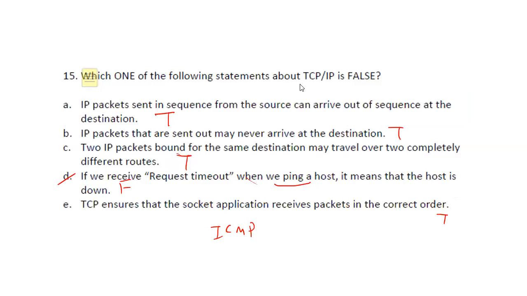The main reason is the host, or the server, could be configured to not entertain or to drop this kind of request. When you send an ICMP request, the host can be configured to not entertain it or to drop it. So you may send a request and you do not get a reply. That does not mean that the host is down in any way. It just means that it's not going to entertain your request. The host is still functional, but it's just not entertaining the request. That is why the part D here is false. So that is the explanation for question 15.